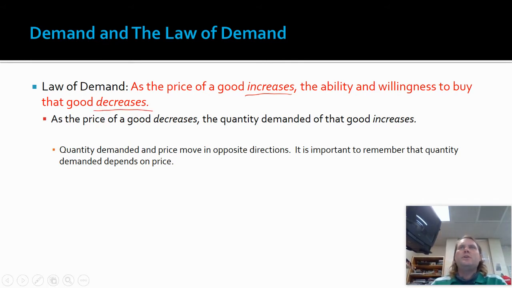Okay, so as something becomes more expensive, one of two things eventually happens. Either one, I can't afford it anymore, or number two, I choose not to buy it anymore. That would be the willingness, right? And everybody has a little bit of a different looking demand curve, if you wanted to put numbers on it, for different stuff, right? Depending on who you are and what your preferences are, you're going to demand stuff differently than someone next to you.